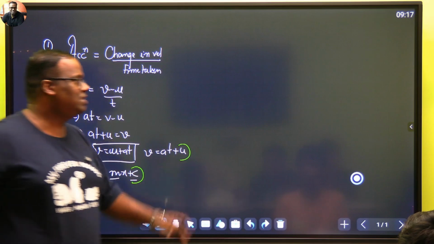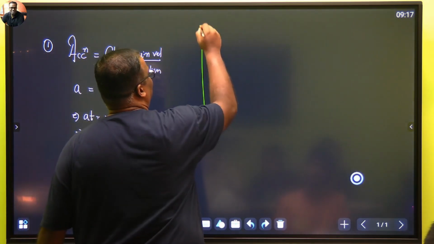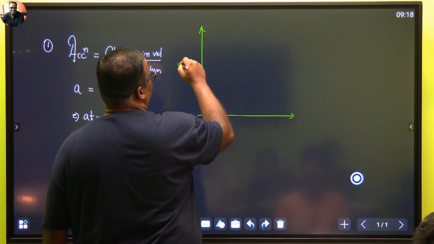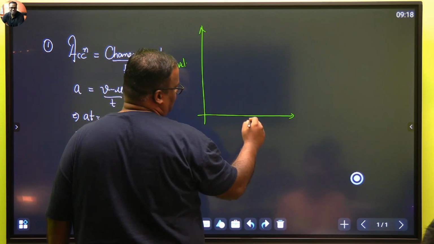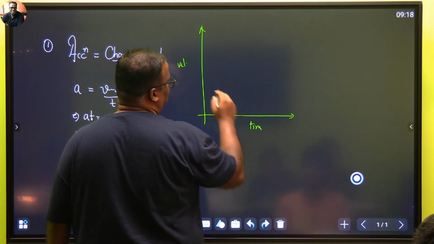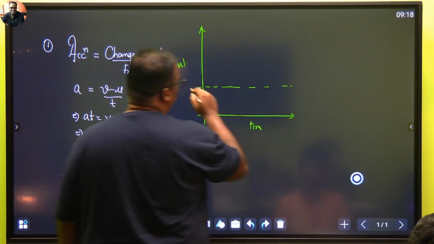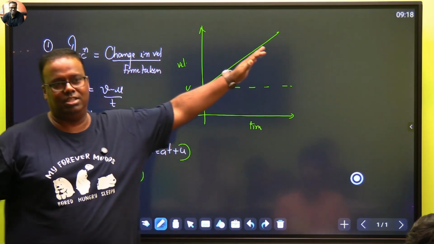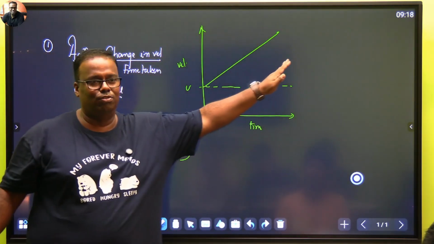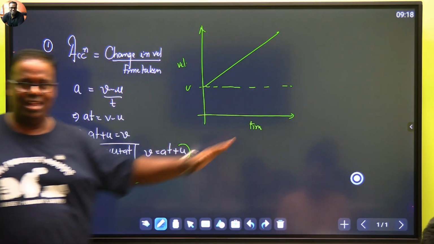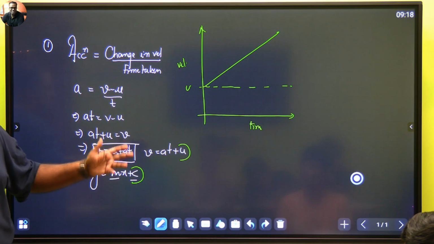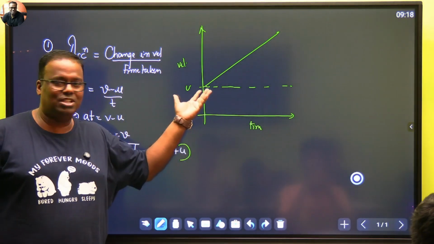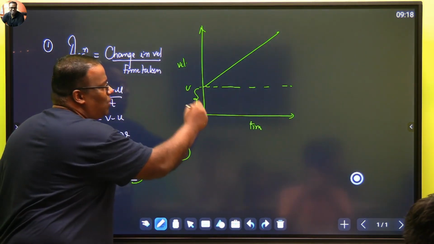तो ये इसका ग्राफ कैसा होगा? जरा सोचो, इसका ग्राफ कैसा होगा? इसका ग्राफ कुछ ऐसा होगा. This is my say velocity axis and this is my say time axis. तो कैसा होगा? This is u. U is here. तो इतना से आगे बढ़ना शुरू करेगा. U plus 80. If it was only 80, it would have gone from here. If u is 0. This is typically y equal to mx plus c graph. Mx plus c. This is what? This is c. C is known as the y-intercept.